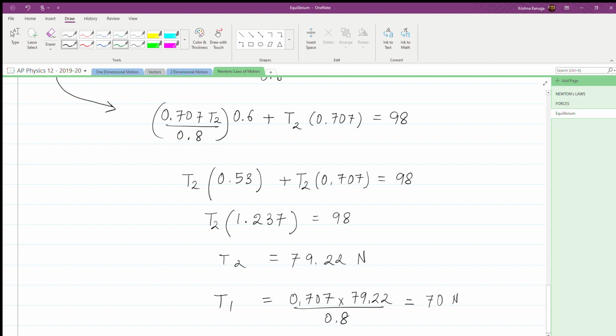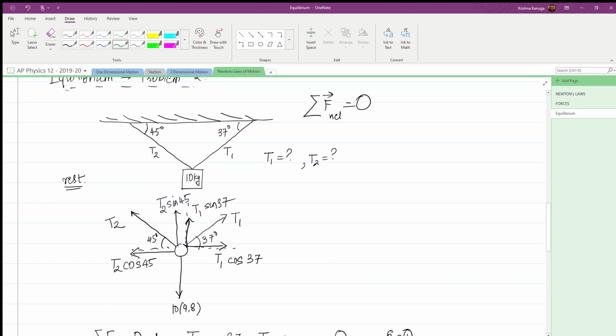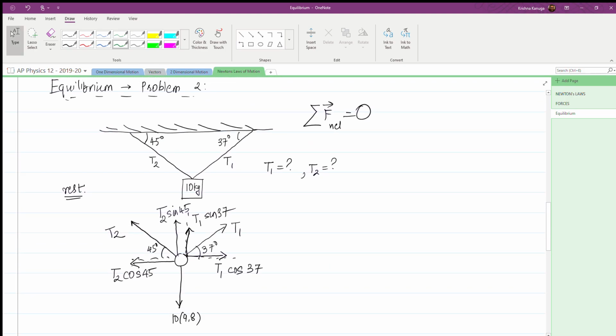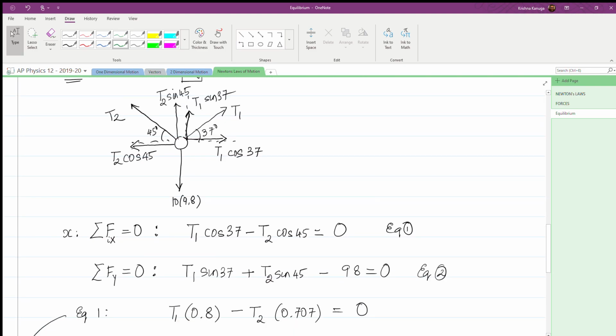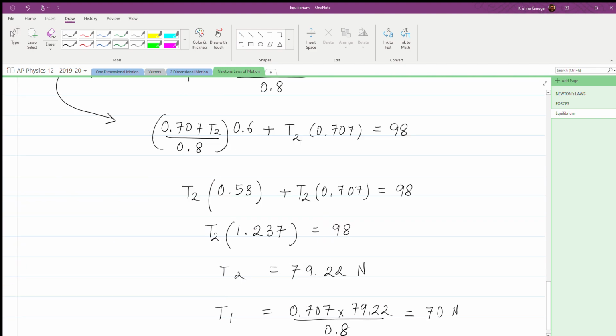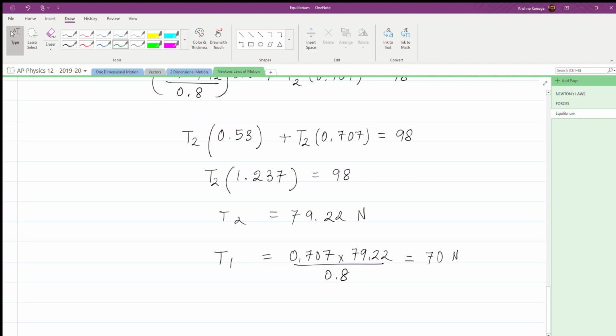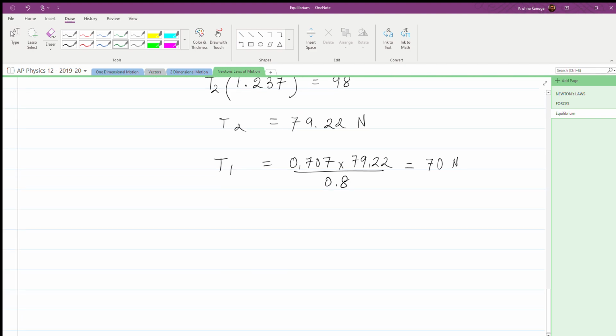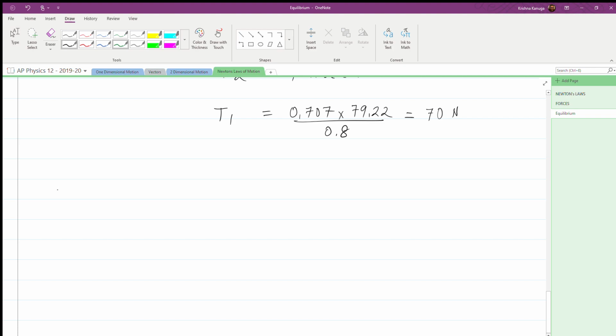So if you think about this problem, we started with the picture itself. We drew our free body diagrams, set the x and the y equations equal to 0, and then proceeded to solve. Make sure you understand all the steps, because if you do,